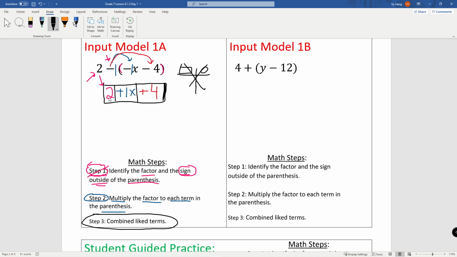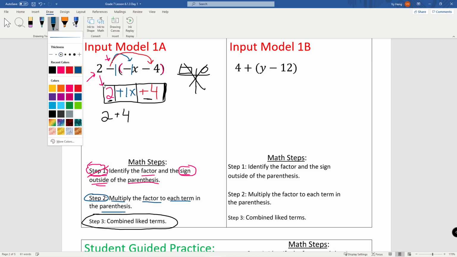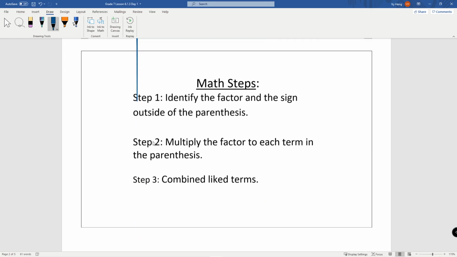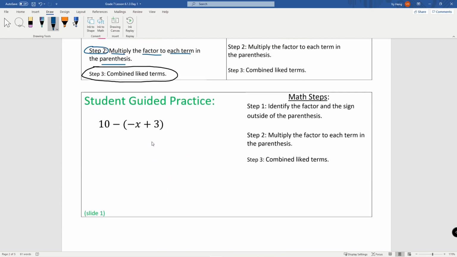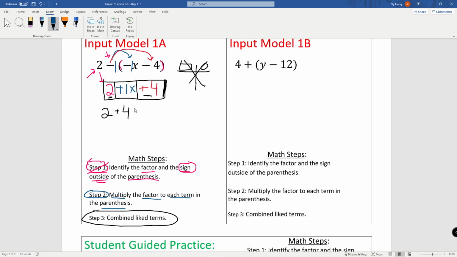The reason why is because this one doesn't have a variable and this one doesn't. But we know that this one here and this one does. So we're going to regroup that so they're next to each other, so we can do it easier. So 2, and then that positive 4, right? This is also a positive. And then the last one to write down is this positive